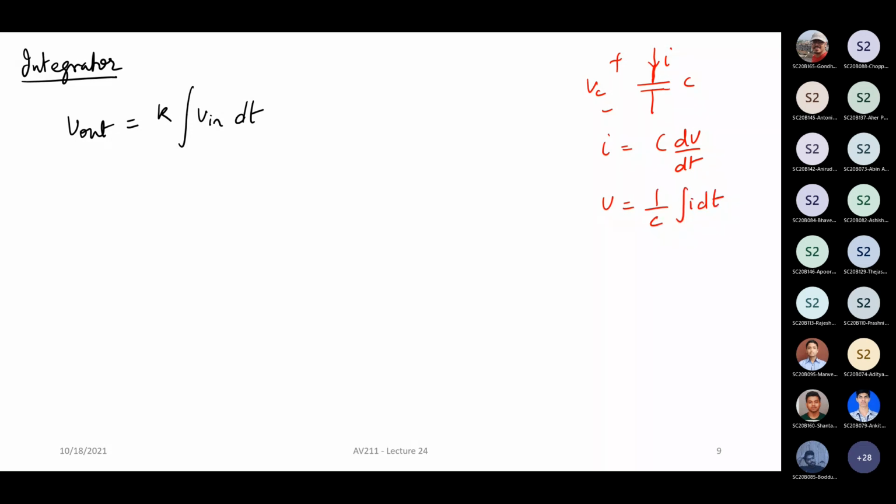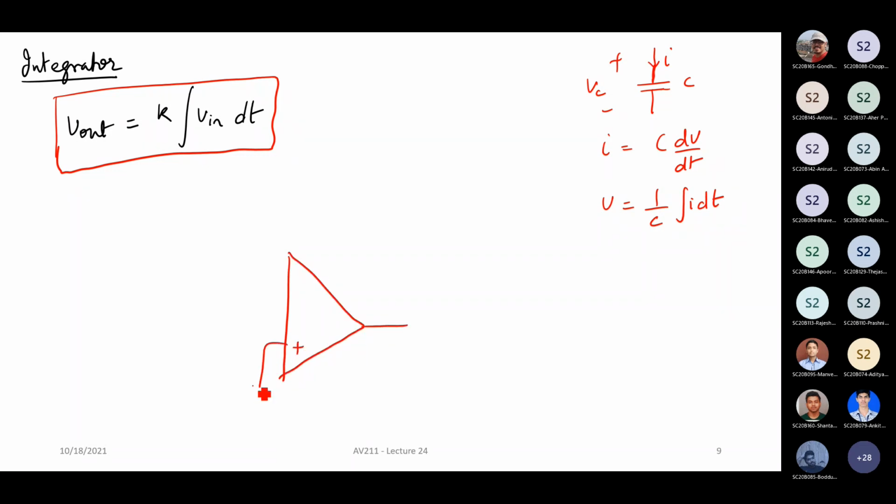So if you want to realize this function, if you want to build an analog integrator, something that can integrate your signal, you can use a capacitor, but the only catch is that this voltage has to be converted to a current. Now that we know how to do. Basically we use pretty much the same structure, right? Use some R in here. Let's call this V in.